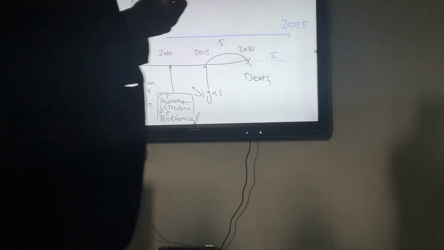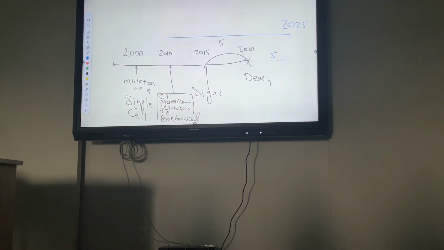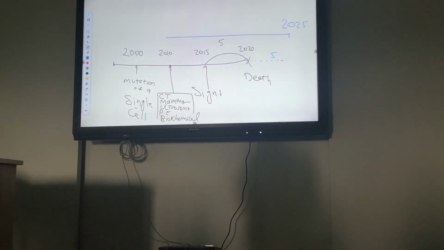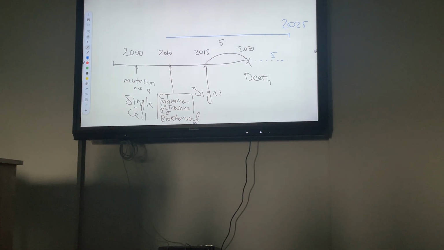If you say that I can detect your cancer at an earlier stage by means of ultrasonography or by means of CT scan, which one is better? Ultrasonography or CT scan? In terms of invasiveness, ultrasonography is not invasive, but CT scan uses radiation, and radiation may have some risks. So the test should be safe, and the test should be cheap.